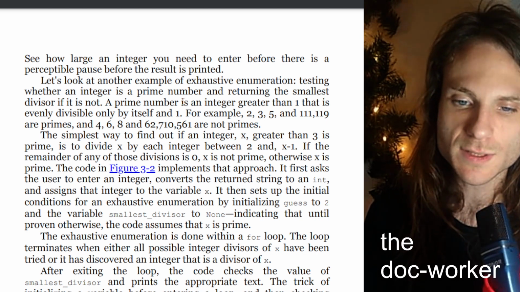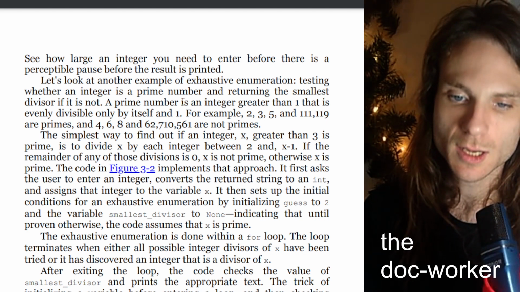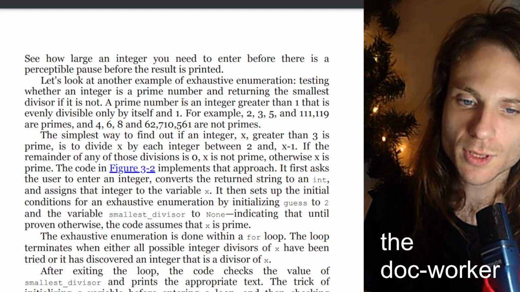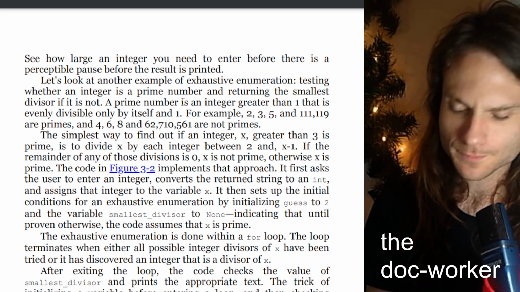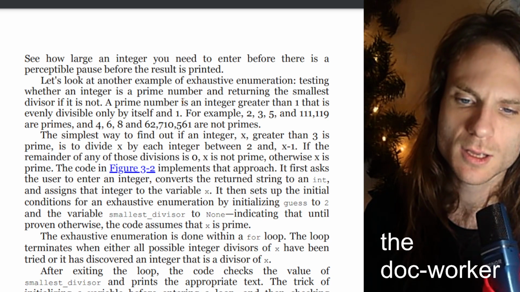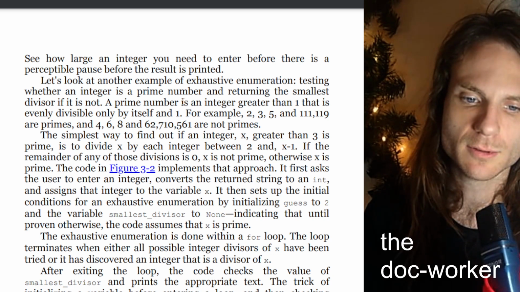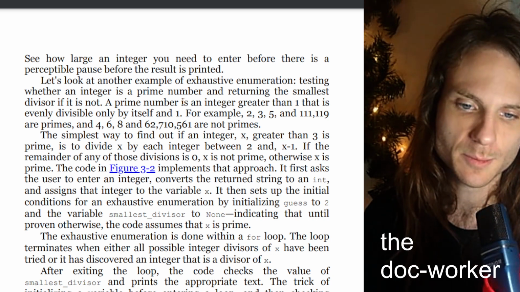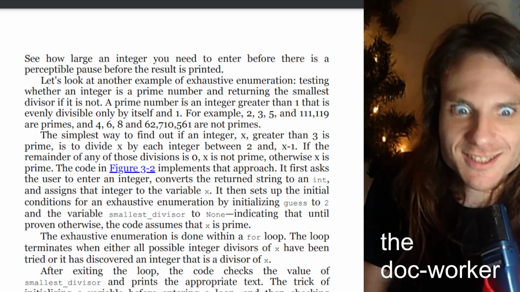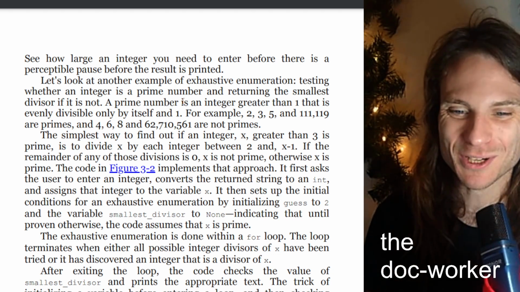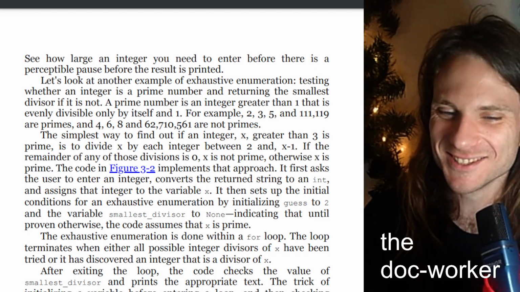Testing whether an integer is a prime number and returning the smallest divisor if it is not. A prime number is an integer greater than 1 that is evenly divisible only by itself and 1. For example, 2, 3, 5, 111, 119, these are primes, and 4, 6, 8, 62, 710, 561, they're not primes. There's tons of them. The simplest way to find out if an integer x